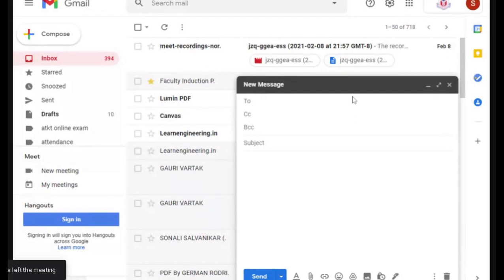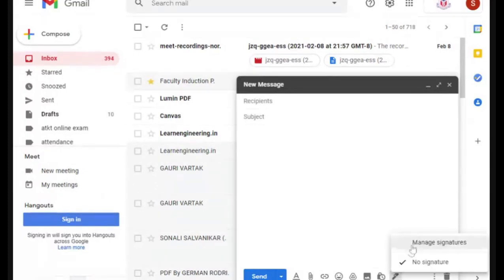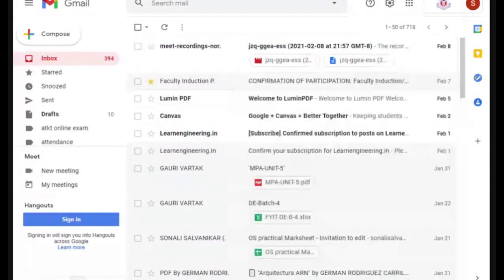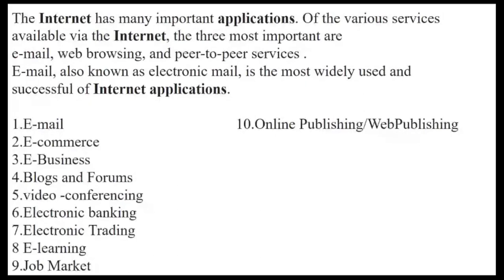Okay, what does cc stand for? Your cc stands for carbon copy, and your bcc stands for blind carbon copy. This is the subject. Then comes your body. This is the body of the message. And if there is a signature in the last, if you want to insert a signature, you can insert it. Clear with this? Understood what your email consists of? Your email consists of your reception name, carbon copy